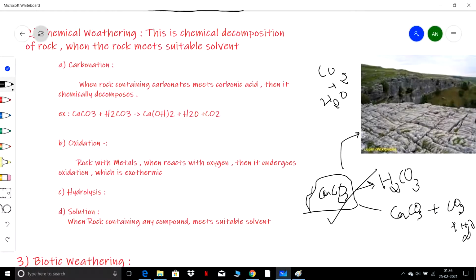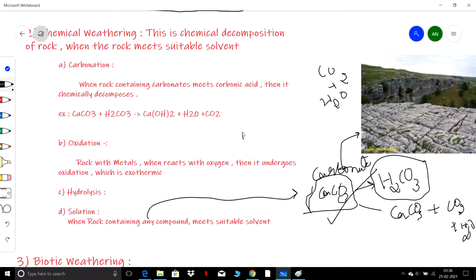Here the process is carbonation. When carbonate rocks meet carbonic acid, they decompose. Here the process can also be called solution, where the rock meets a suitable solvent and undergoes disintegration. These two are called chemical weathering. Okay, now let's come to